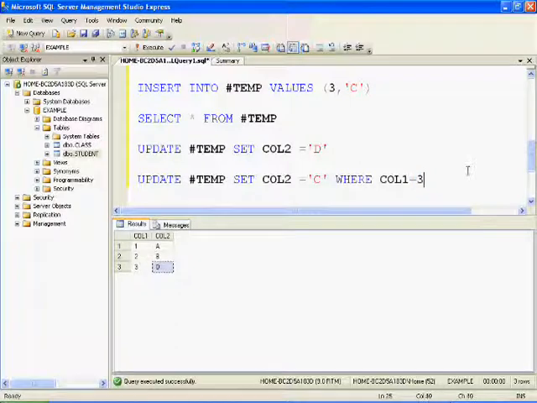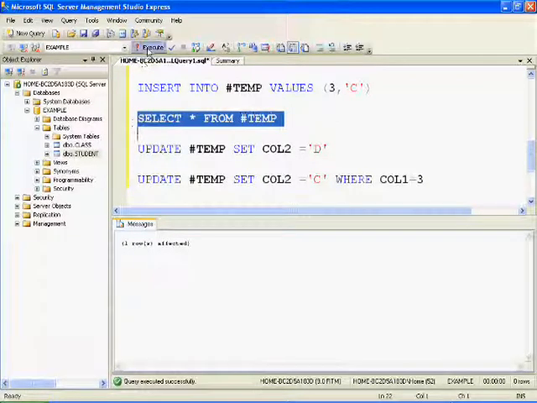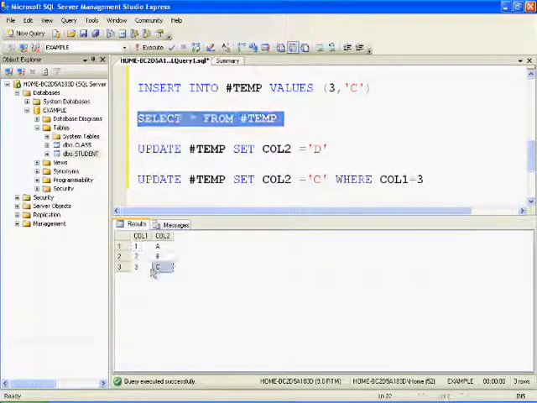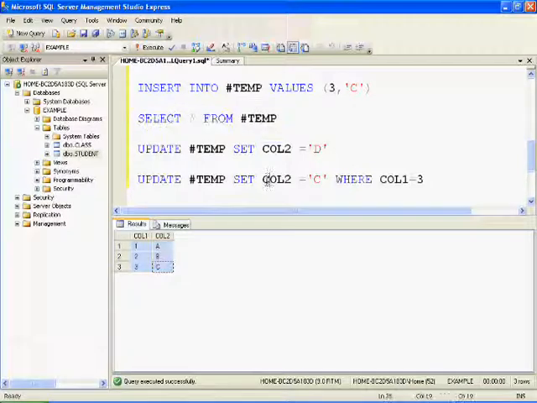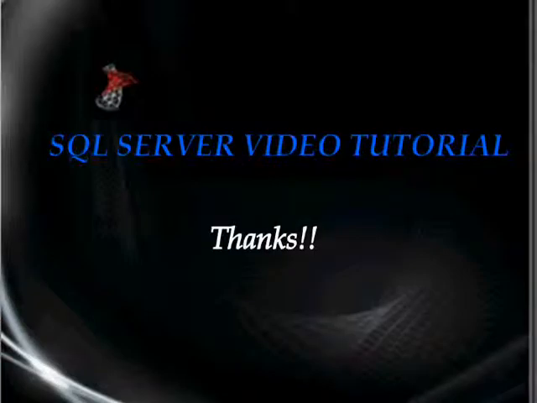Now I'll update table name, set column name equal to value where column name equal to condition. You just have to give this. So now this update operation is completed. This is how you can modify the data, you can update the data and